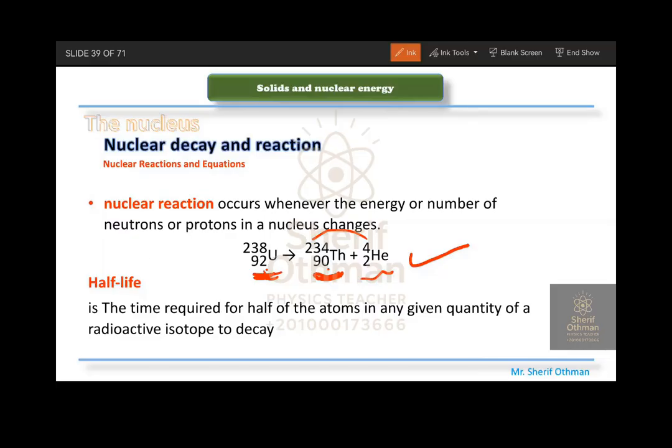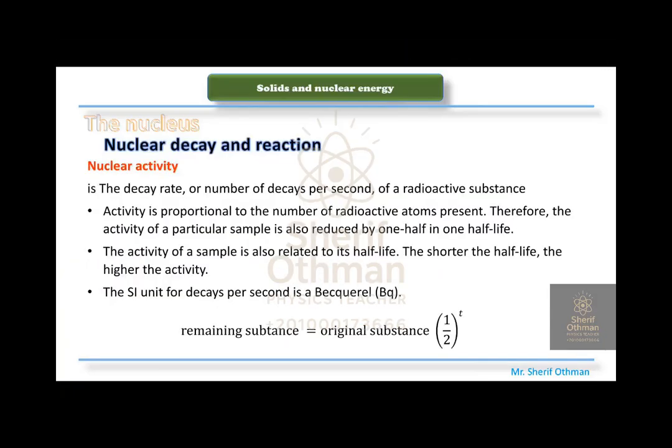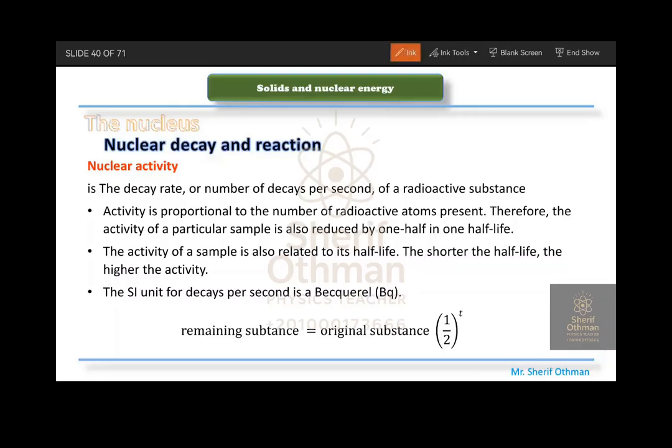So it has something called half-life time. What is the half-life time? It's the time required for half of the atoms in any given quantity of a radioactive isotope to decay. We can calculate the half-life time by this rule, guys. If you have the original substance and the remaining substance, we are able to calculate the time. If we don't have the remaining substance but we have the half-life time, we can calculate the remaining substance after